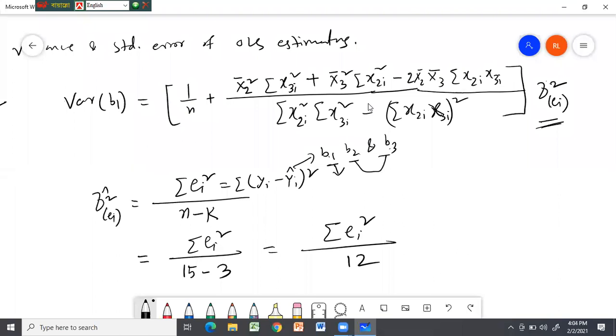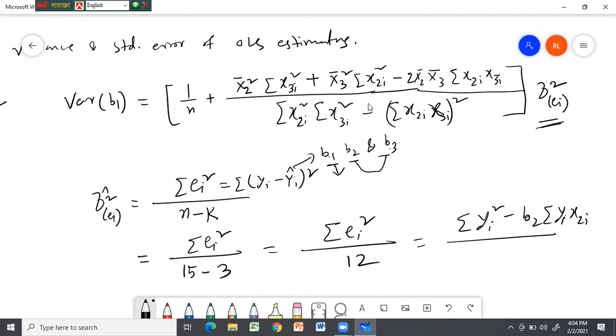Now, how can you calculate the sum of ei square? It can be calculated if you have the text in your hand, from page number 216. At the bottom of the page, you can see that sum of ei square is given by a direct formula. Can you all see? Yes, sir. Okay, sum of y square minus b2 into sum of